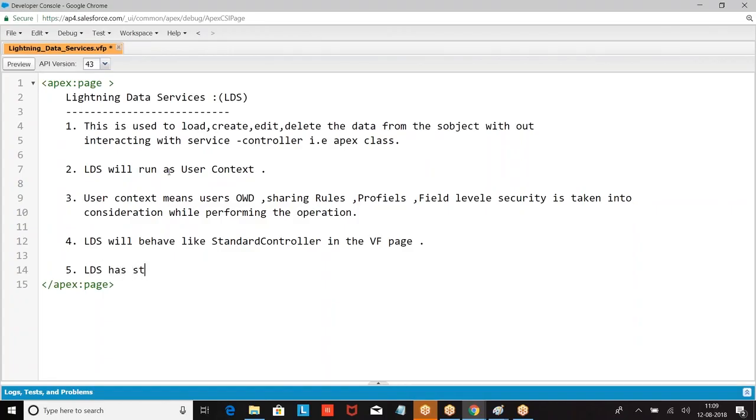LDS has a strong cache, which will avoid the number of calls to the server side for the same set of data.